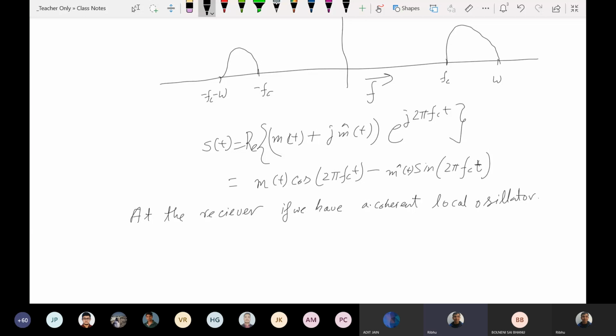So we'll come to that later, but if we have a coherent local oscillator, I can write s prime(t) equals s(t) cos 2 pi f_c t equals